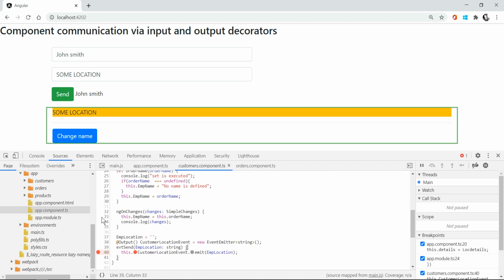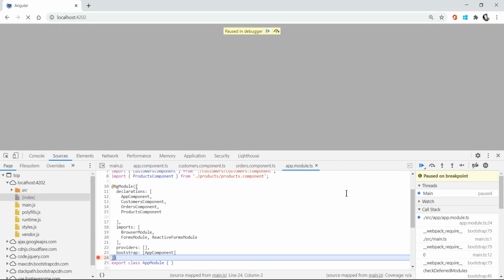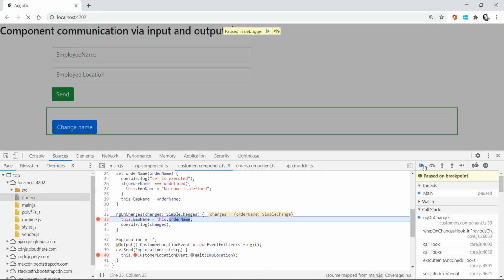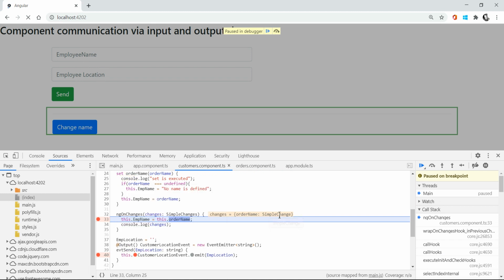First, when I refresh here, it is the initialization. In the background you see there is no value in the employee name. If you see the changes here, in the order name, the current value is John, and this is the first change, so the previous value is undefined.